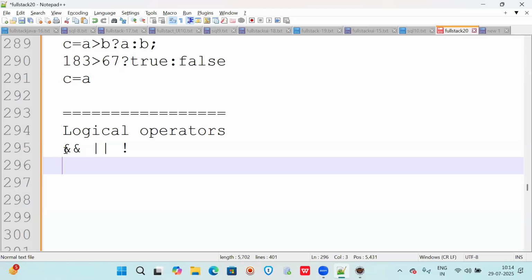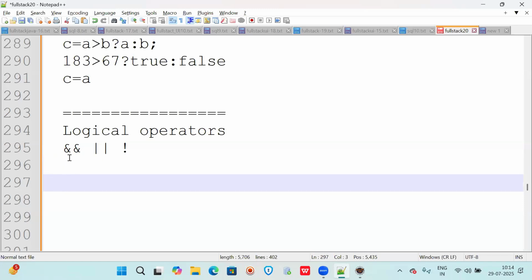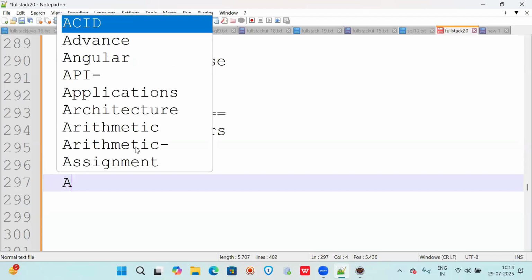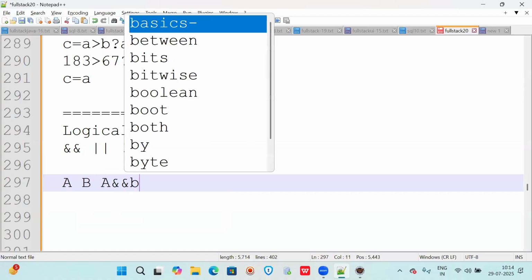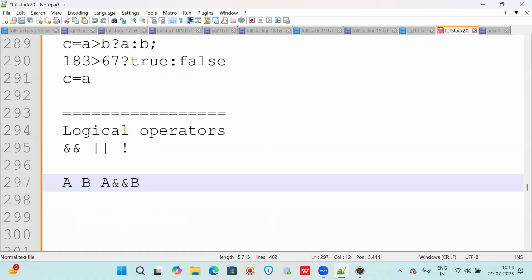AND operator means when all are true, then only the result will be true. Or, and not is opposite. True means false, false means true. Got it? So that is the logical and, or and not operators. Suppose A is there and then B, and I'm writing A and B, and A or B like this.